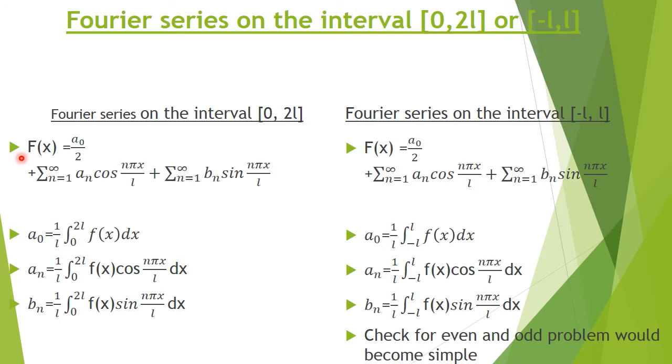So whatever you write in Fourier series angle, the same angle you will write in integration and vice versa. Okay. So if you write cos n pi x by L here, in Fourier series also you will write cos n pi x by L. Alright. Now f of x equal to a0 by 2 plus sigma n equal to 1 to infinity an cos n pi x by L plus bn sin n pi x by L. This is a Fourier series on 0, 2L, an even length interval.